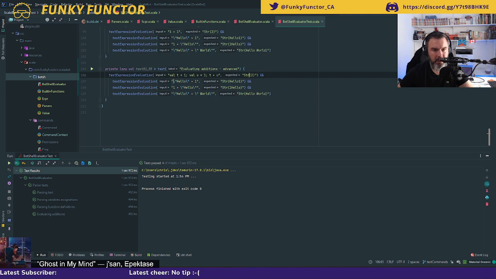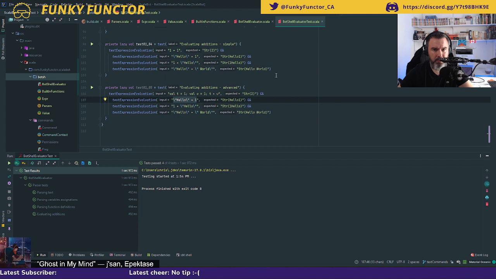So then the next thing I want to do is val f equal. So this one is going to be a function that takes nothing as an argument, and it returns 1.